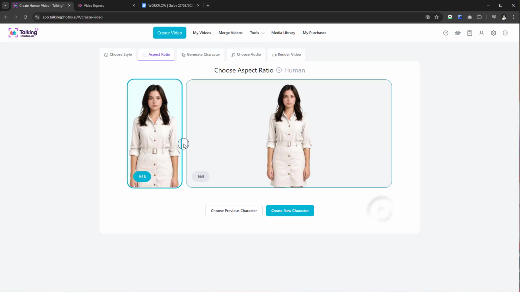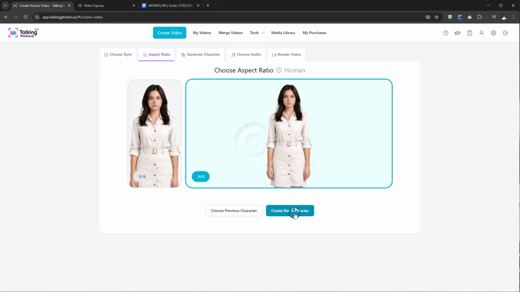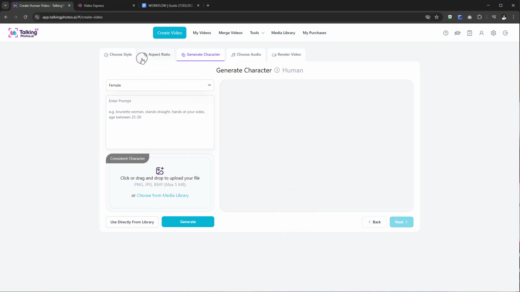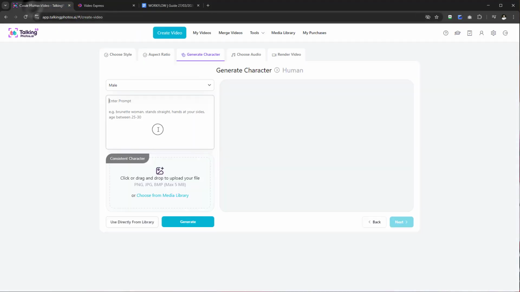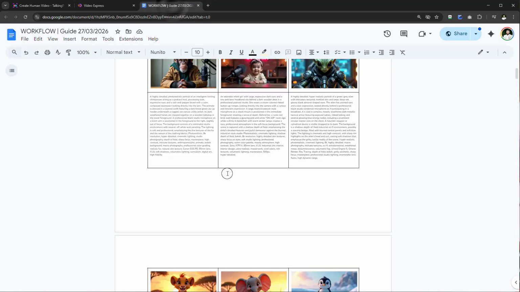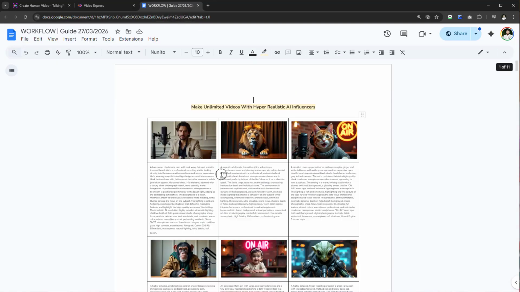I select next. I've got the ability to choose from 9:16, which is mobile optimized, or I can have the desktop YouTube variation. Let's create a new character. And now what you're going to find from this, first of all, we can distinguish male or female. Here we would actually add our prompts. So there's a guide here. If you do want to use these prompts, you can do, or you can simply put in your prompt, whether it's a male, a character, a model, whatever human you want to put, you can put that information in there and it will generate you a character. Okay, or you can test them out using these prompts here of the humans.